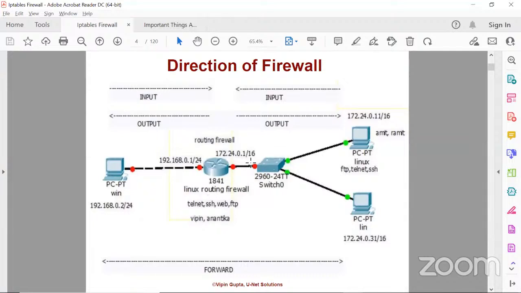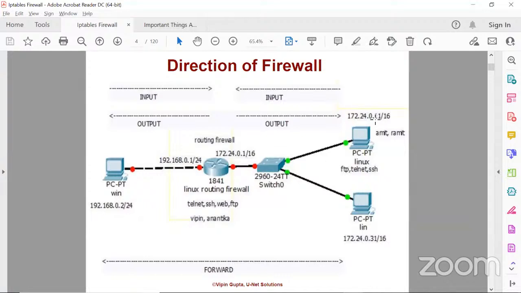So in my case, I have set up one sophisticated lab. Ping is working. Now I want to check all these servers. And please remember, when I created this Linux system, I created 2 users also, Vipen and Anantika. I will go to the 11 system and check whether telnet, SSH, web and FTP are working. Later on, we will say that 11 should not be able to telnet, 11 should not be able to FTP, that type of thing. But first we have to see whether this whole lab is working properly or not.